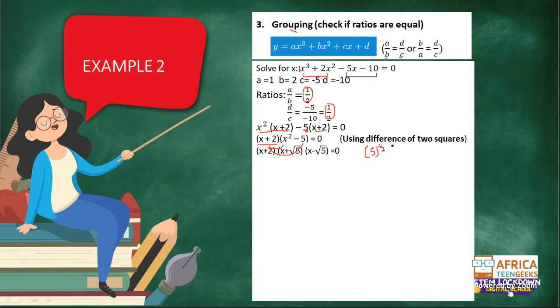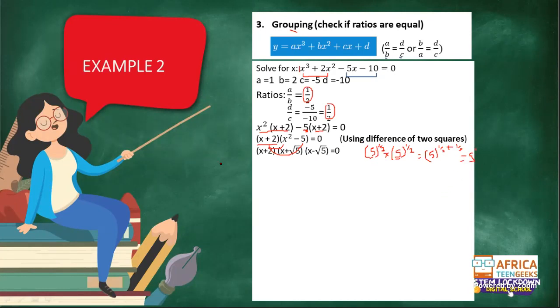And if I multiply it with another 5 to the power of half, I simply have 5 as my base because my base is common. Remember, this is multiply. So I have my base that is common, and then we'll have half plus half. Remember, if you have the same base, you can add the exponents. And that will simply give me 5 raised to the power of 1.